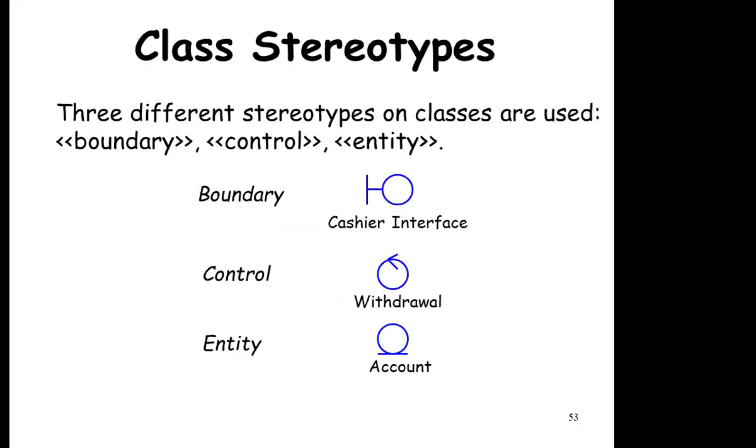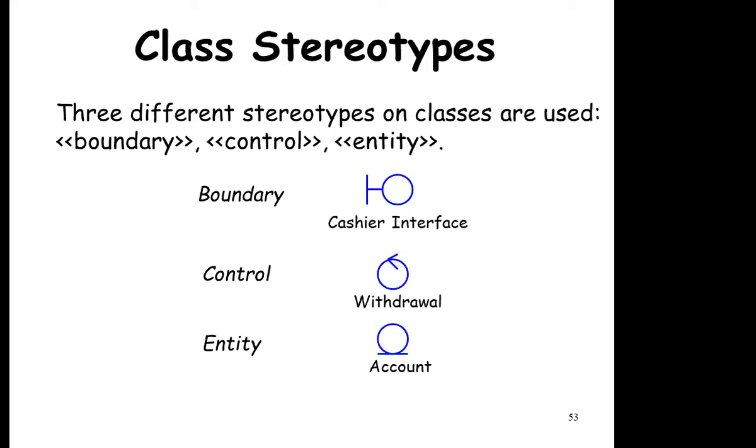Class stereotypes. In the previous slide, I told you about the different types of stereotypes used, like boundary objects. Just see the example. See the boundary stereotype, this is the symbol. Then there is the control, this is the symbol, and then the entity, like account. In the account office, the cashier is the interface. You go to the account office and you pay the fees to the cashier. So the cashier is the boundary type. Then withdrawal is a process of control, where the whole thing is controlled in your account. And entity is the main one. Your account is the main entity.